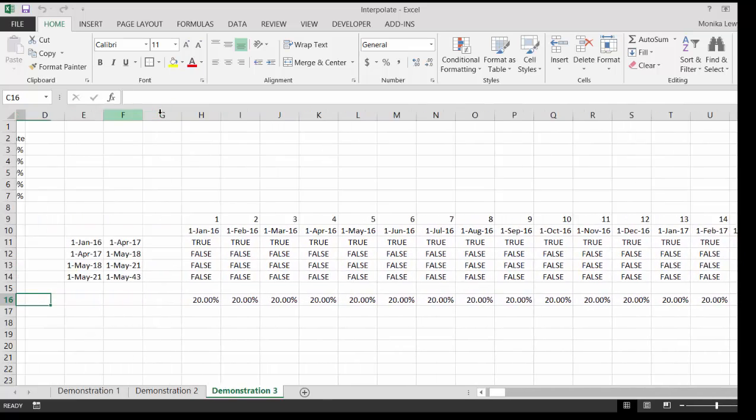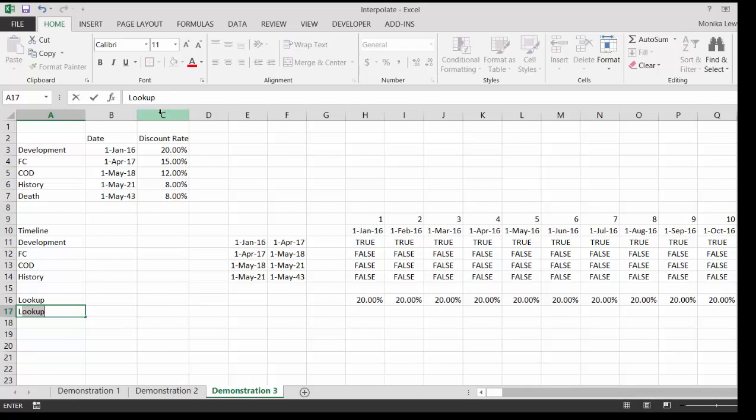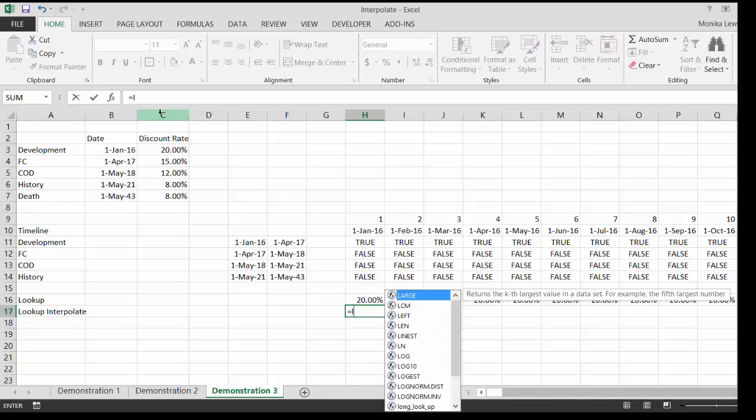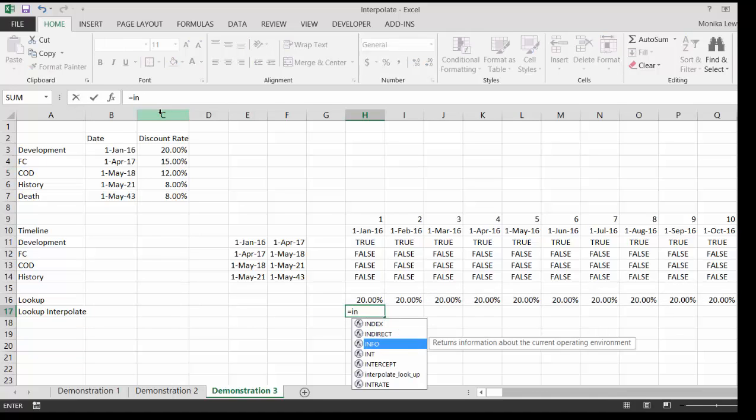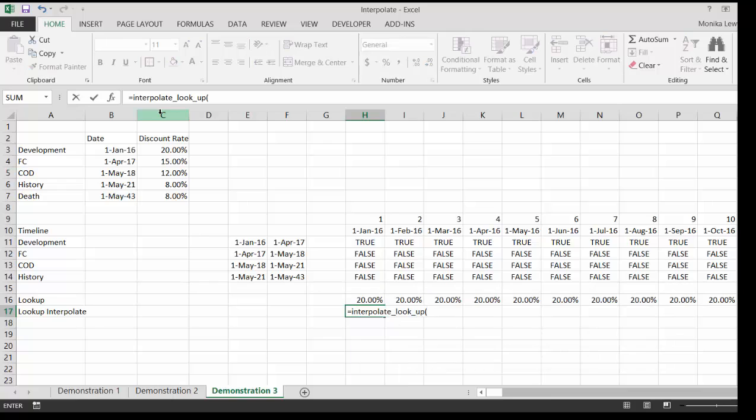But if we wanted to do lookup with the interpolate, okay, I'm absolutely sure that there are thousands of examples of this. We put interpolate lookup, and we do the same thing. But this time, we click on the date, have the starting date, and click on the discount rate, have the starting date,